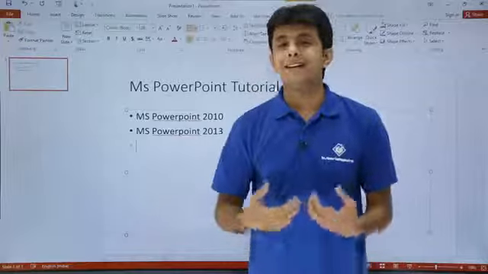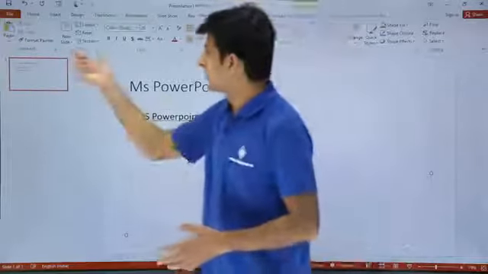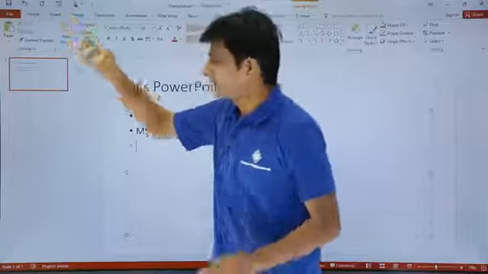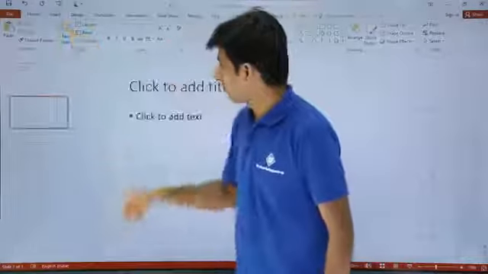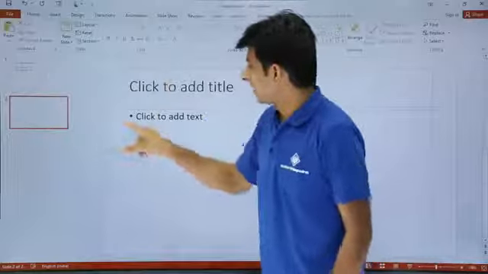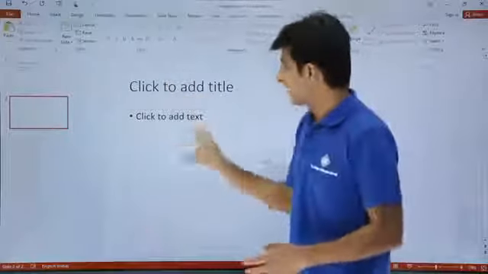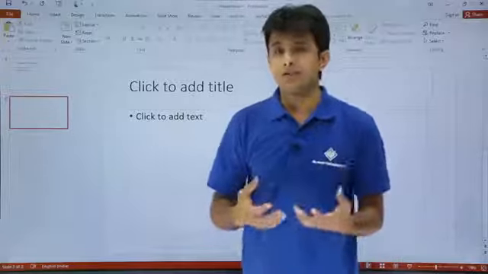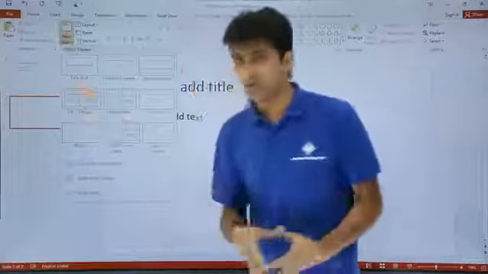Suppose I want to create one more slide over here. What I can do is go to this slide section, and on this place you can just click on this heading on the tab, or you can just click on the slide. So a new slide will be created and the same type of format is given here. If you see, there's a heading and title, but if you do not like that title, and you want to create a new slide with some other format, you can just click on this small drop down over here,